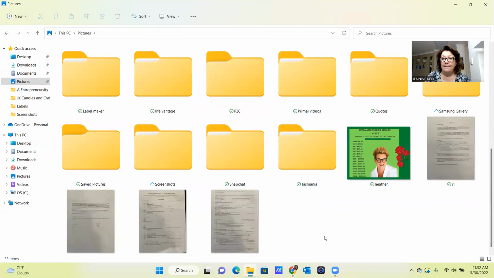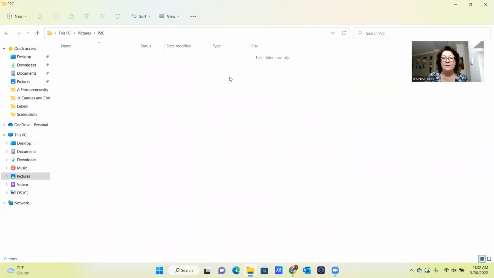So then you've got a folder for your P2C. Now this is in our pictures folder. Okay, so we're going to do themes or whatever it is. The other thing I really like to do, so you can find what you've got, is open up your P2C folder. Now we might do theme days. I'm just pulling this out of my bum, right? So open up your P2C folder.